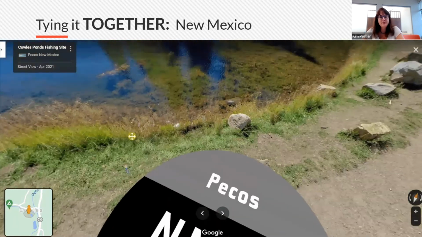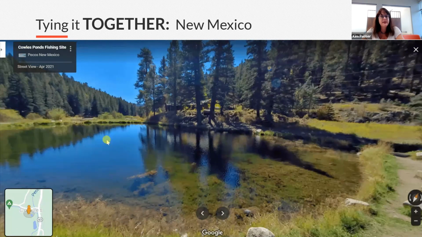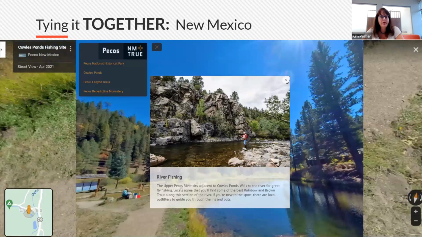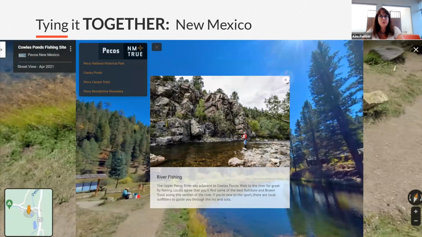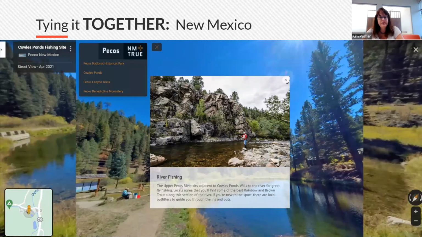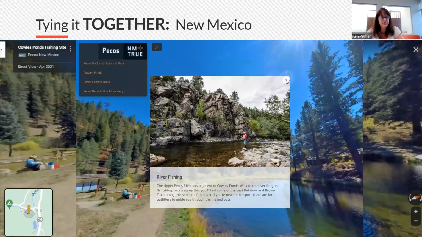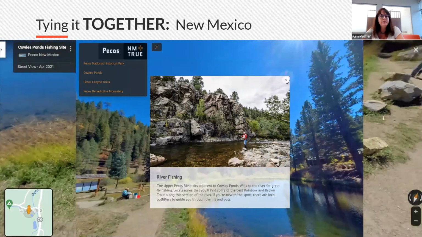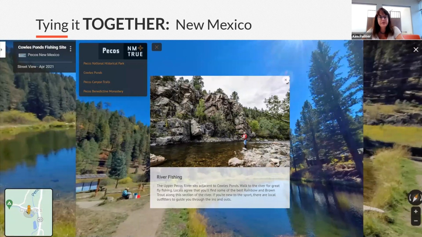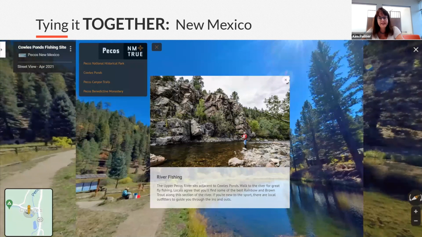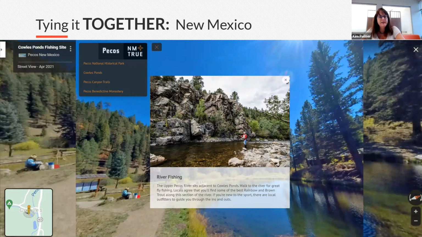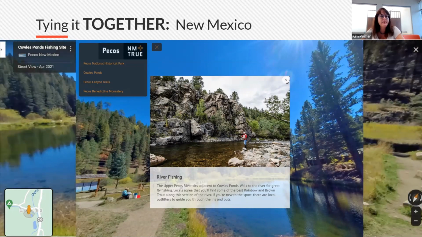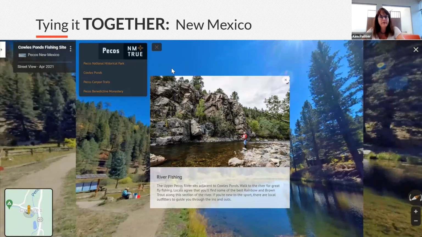We've also expanded the reach of these visuals in other ways. These 360s are also now a part of more than 50 virtual tours of the state that will be embedded in their website and distributed across other channels. So through a proactive effort of stewardship, readiness, and vibrancy, the state of New Mexico has been able to help prepare local businesses to have stronger economic outcomes as we all recover from the pandemic.